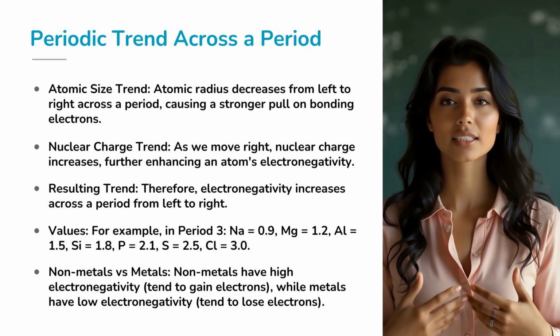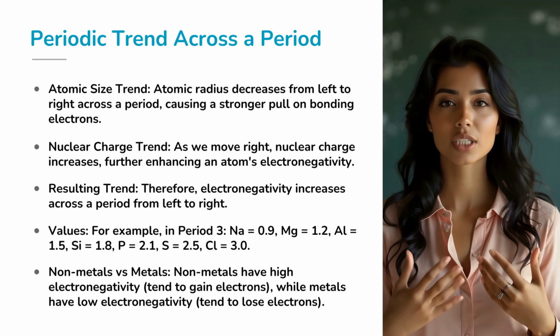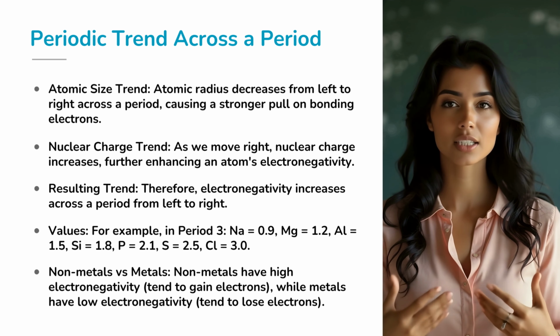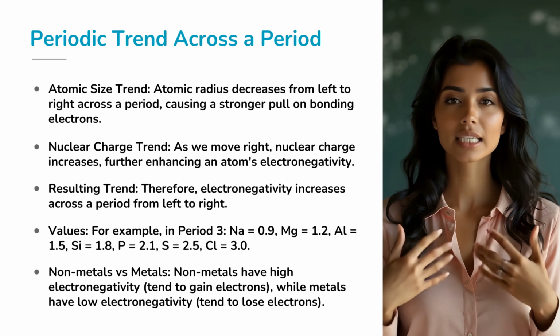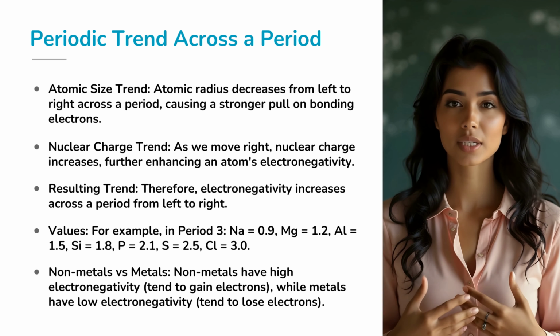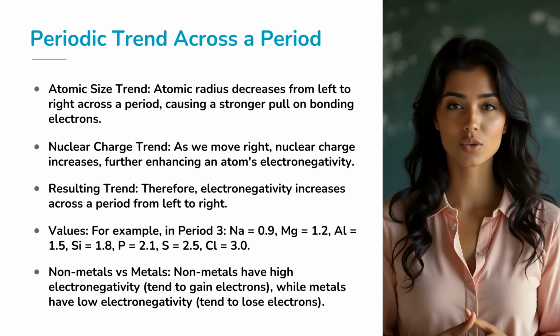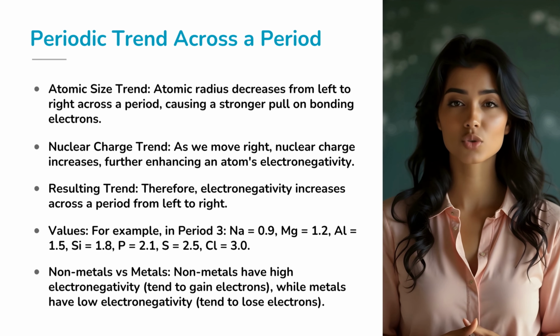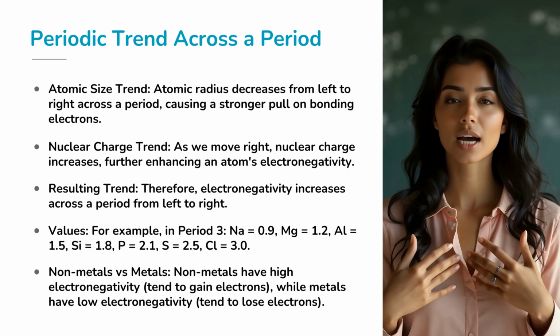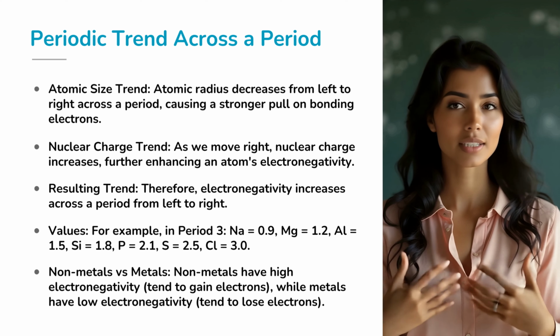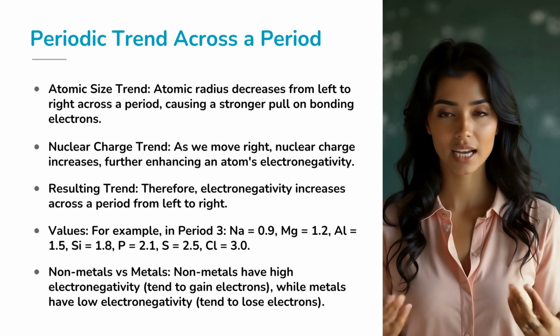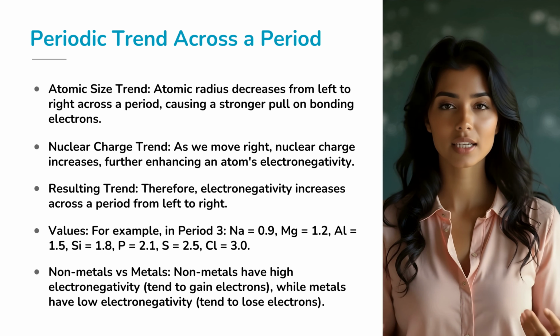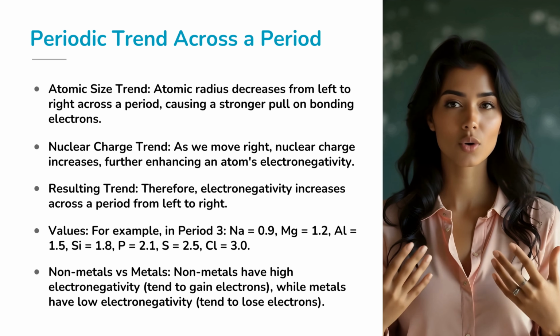Let's take period 3 as an example. Sodium with an electronegativity of 0.9, magnesium 1.2, aluminium 1.5, silicon 1.8, phosphorus 2.1, sulfur 2.5, and chlorine, the highest, 3.0. This tells us that metals on the left tend to lose electrons and are electropositive, while nonmetals on the